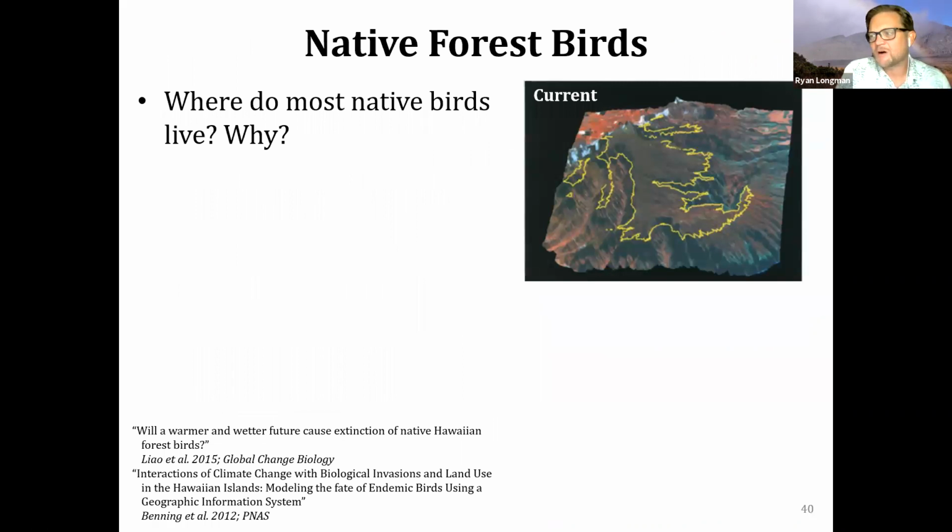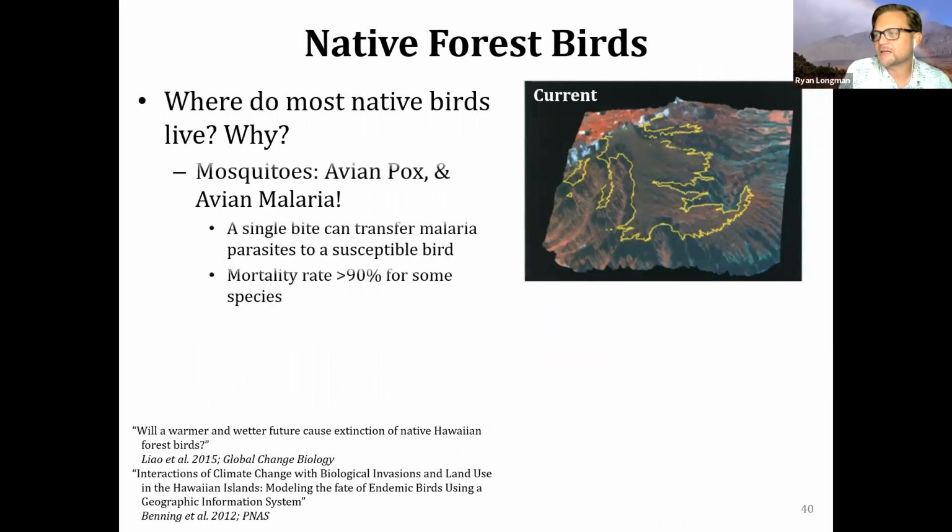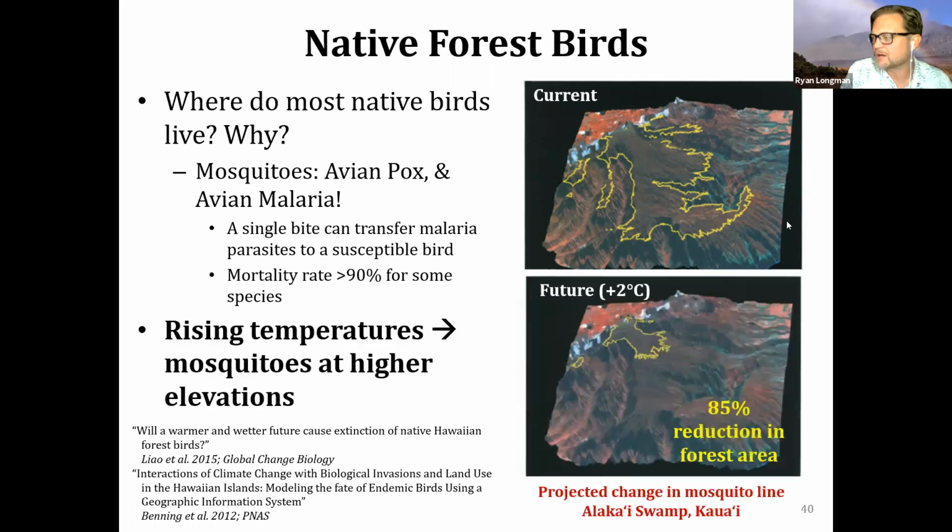This has had an impact on native forest birds. One reason is that as the lifting condensation level gets a little higher, as temperatures warm, mosquitoes are able to move into the forest bird habitats and bring avian disease with them. Habitats are also shrinking as a result of this warming,